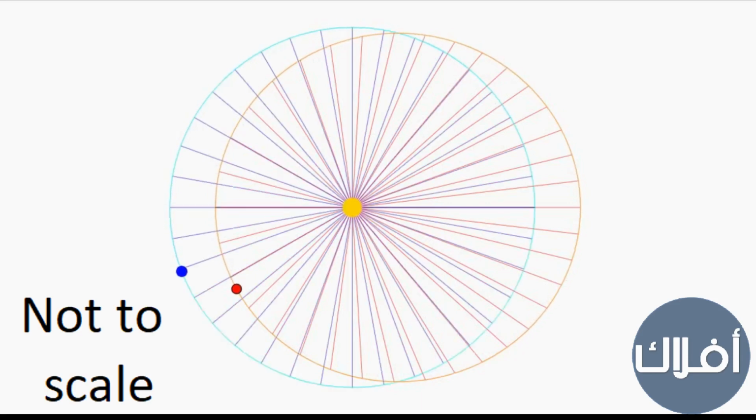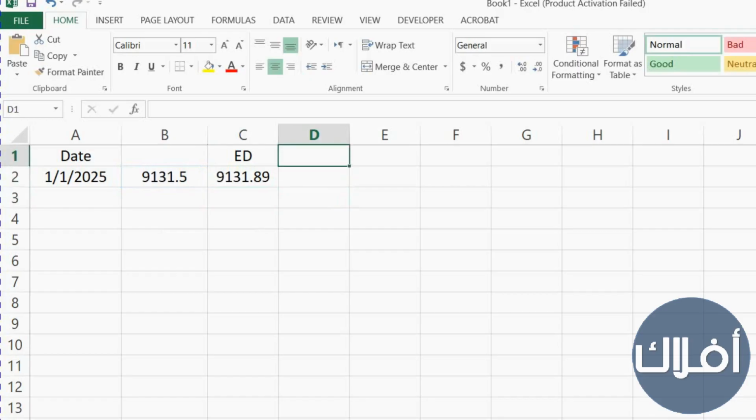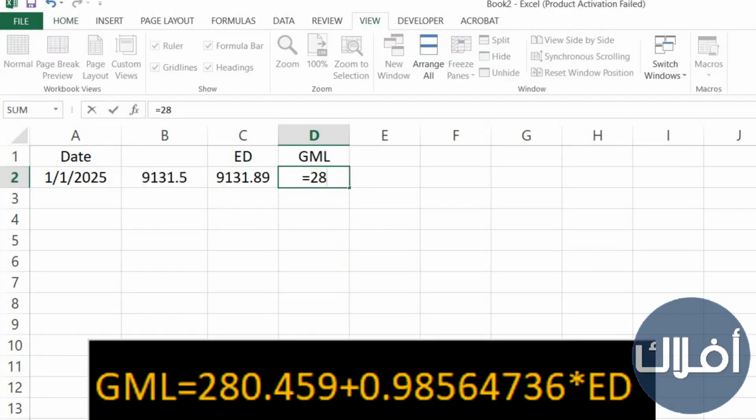The blue dot is the perfect circle orbit, while the red dot is the actual orbit. And we note that the red dot sometimes passes the blue dot, sometimes it goes behind. EOT is nothing but the difference between these two orbits. So we need to calculate the blue orbit or the perfect circle orbit, and then calculate the red orbit and subtract it. So GML or geometric mean longitude, which is the perfect circle orbit, is